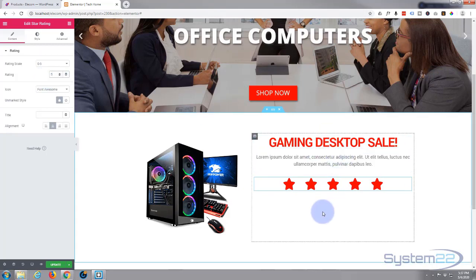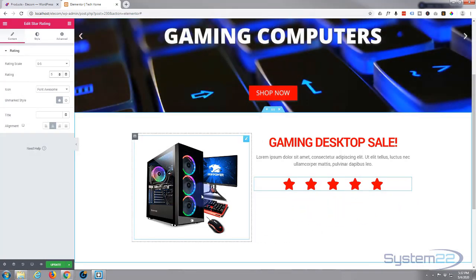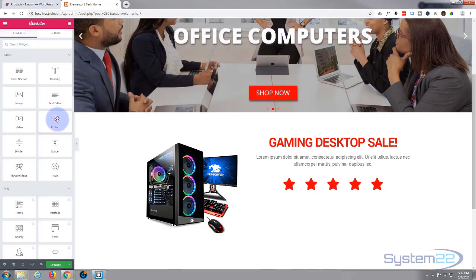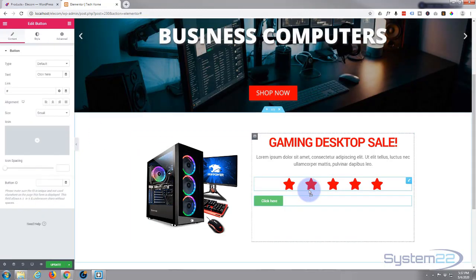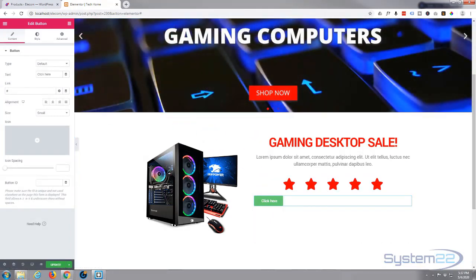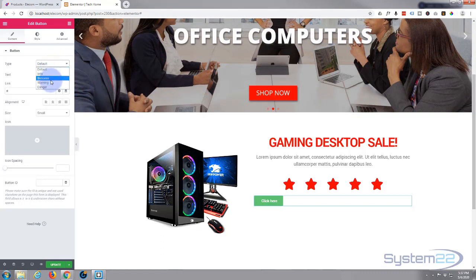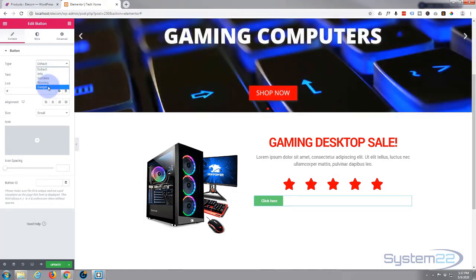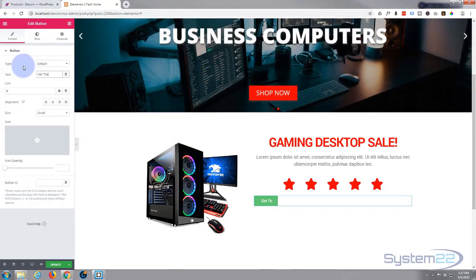Okay, and last but not least, I want to add a big button that gets people's attention, that takes you to the product itself. So let's go back to our matrix, and at the top here we've got buttons again. Same thing, left click, drag it to where you want it, drop it there, and there it's put it in for you. And you've got different types: info, success, and those are actually bootstrap classes, and success will be green, danger will be red, etc. But let's go ahead and change the text to get the bargain, or get the deal now,